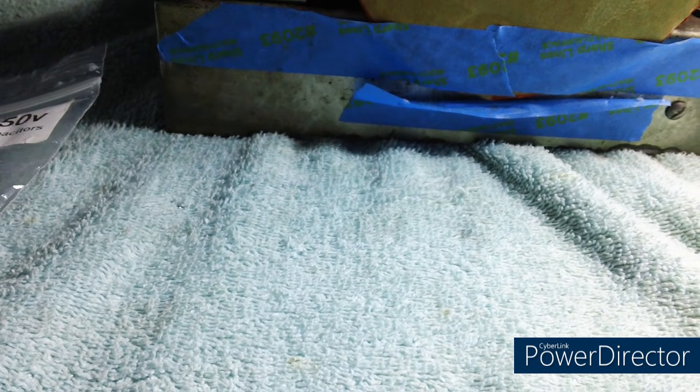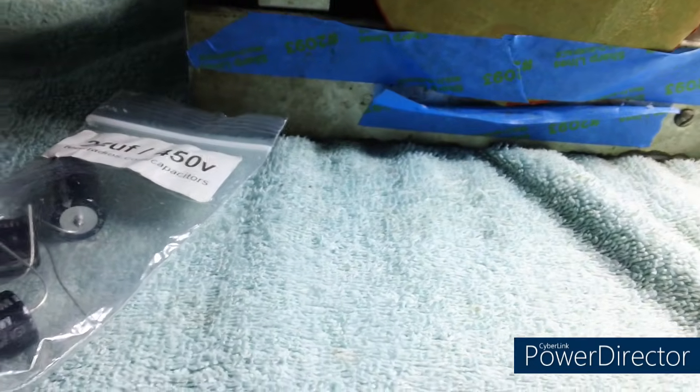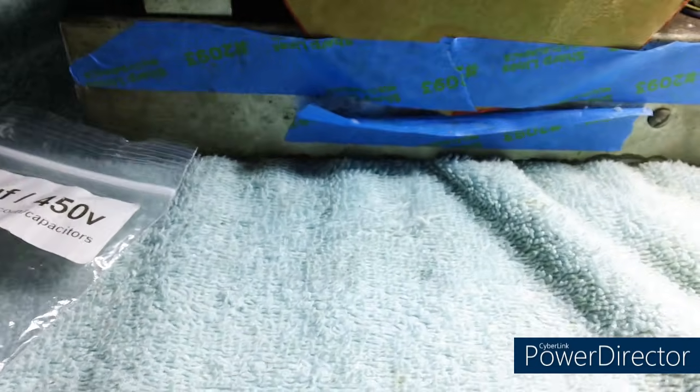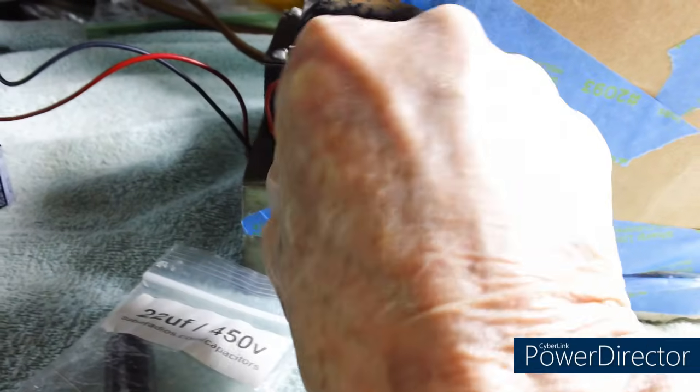I said, look, Brendan, this is what we need to do. We need to double up on those 2 capacitors with 2 of these and 2 of those, whichever value I might have, and they'll probably be able to take the turn on and, in this case, the explosive voltage